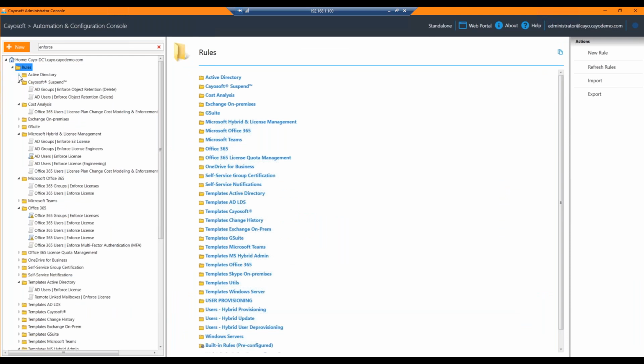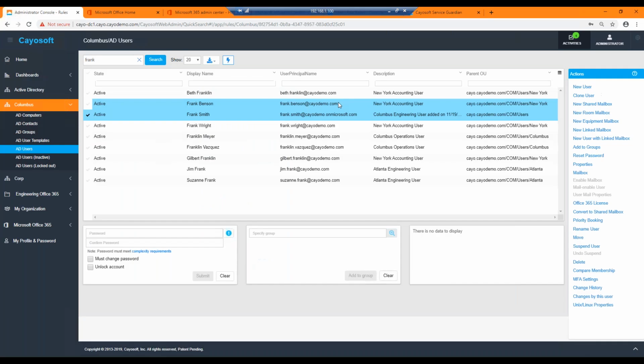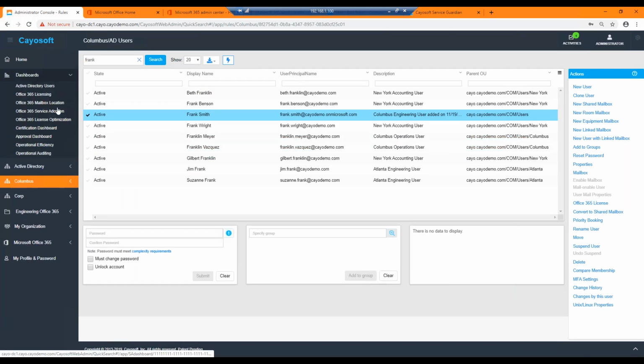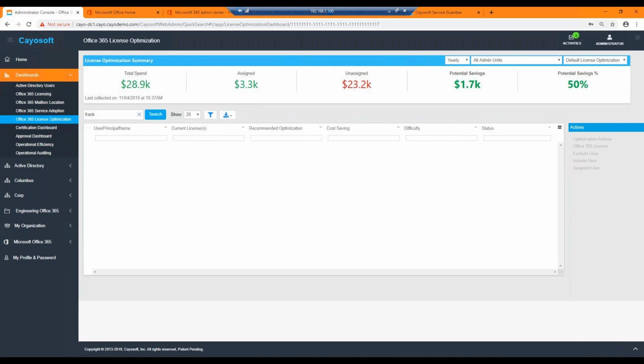All right, so let's talk a little bit about analytics. Now that we talked about quotas and rules, let's jump back over to our web portal. So in addition to giving you that free dashboard for service adoption, in Cayosoft Administrator all our existing customers are going to get this new one, which is called License Optimization. And this dashboard at first glance looks similar to the license adoption, but this one's all about understanding how I can move users to a lower level license to optimize that user's experience and the spend on that license, based on what they actually need and the statistics we've gathered on the actual usage